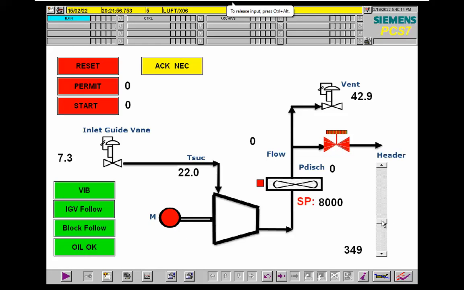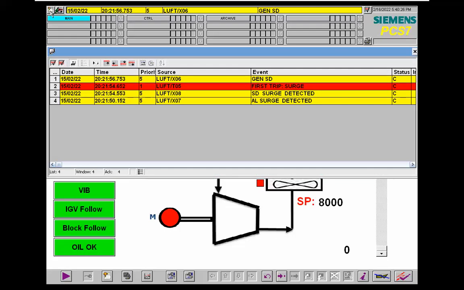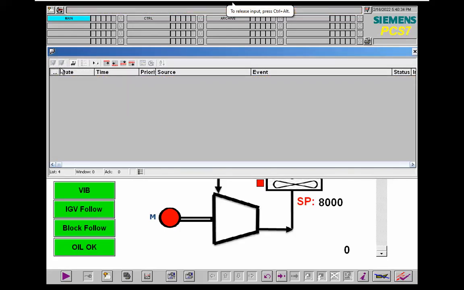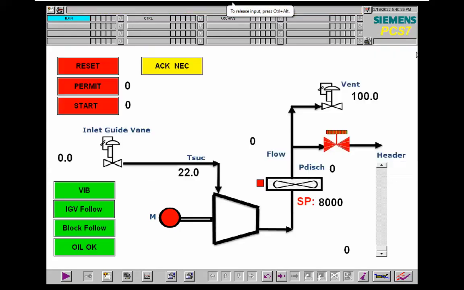The reason is high oscillation in the discharge pressure, and it's an indication of mechanical damage. If it stays on the compressor for a long period of time, we will damage the compressor. We need to acknowledge